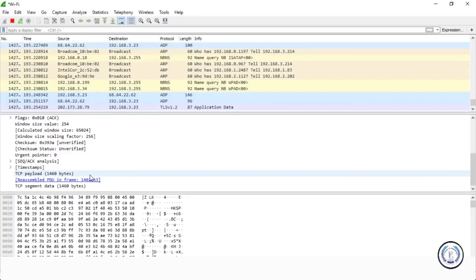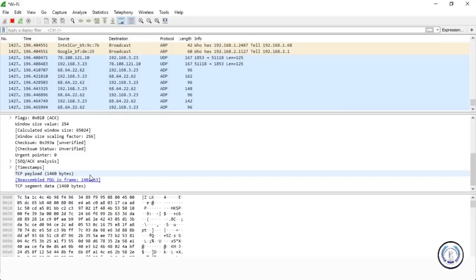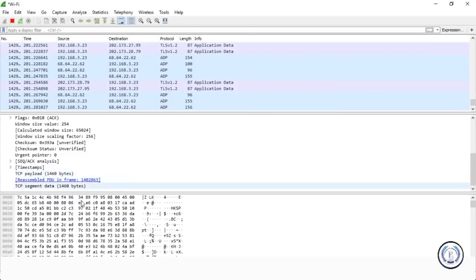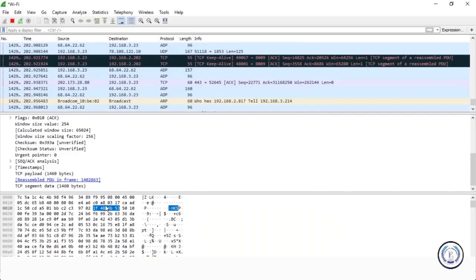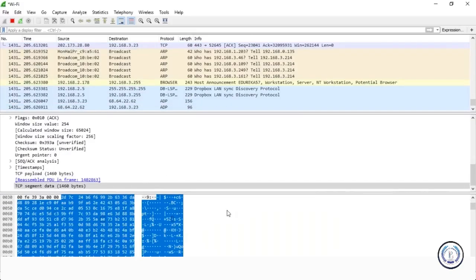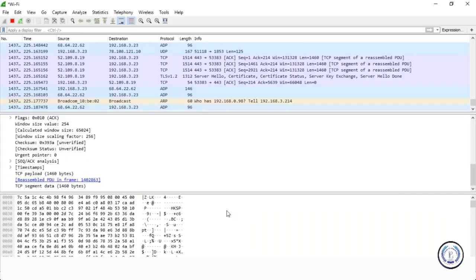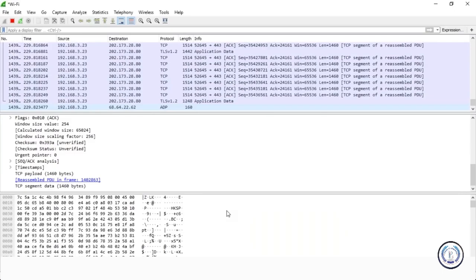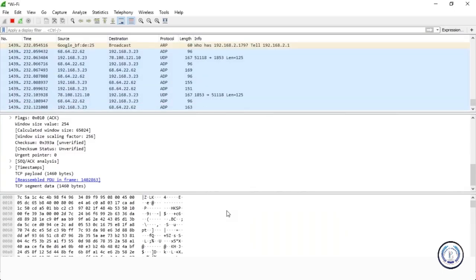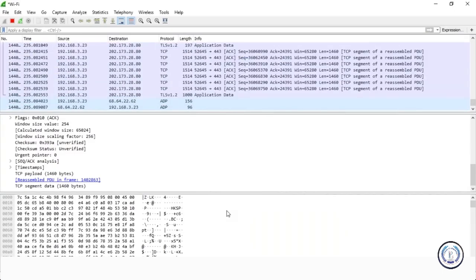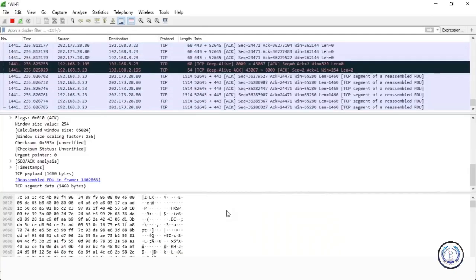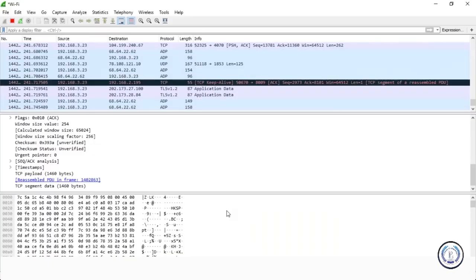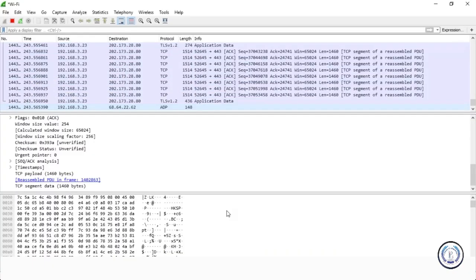When I select a particular section of the packet, down at the very bottom you can see a hex dump of the packet, and on the right-hand side is the ASCII. So this is the hex dump, and this is the ASCII that you're looking at. What's really cool about Wireshark is that it pulls the packet into the different layers that we have spoken about, the different layers of the OSI and TCP/IP models. There are a couple of different models that we can talk about with that. What Wireshark does really nicely is demonstrate those layers for us, as we can see here.